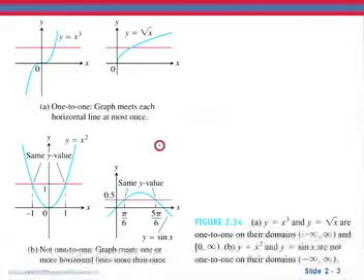Now the two graphs at the top are both one-to-one. No matter where we draw a horizontal line through these graphs, it will never cross more than once. The two at the bottom are not one-to-one. If we draw a horizontal line through these graphs, it will cross twice. What that means, like for y equals x squared, is that at -1 and at +1 you have the same